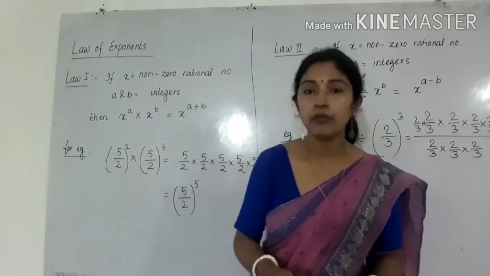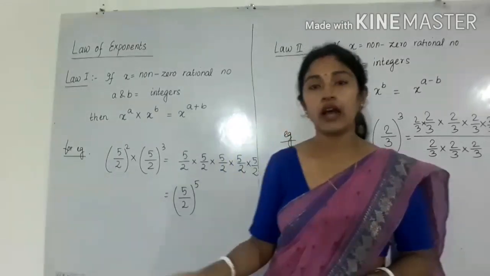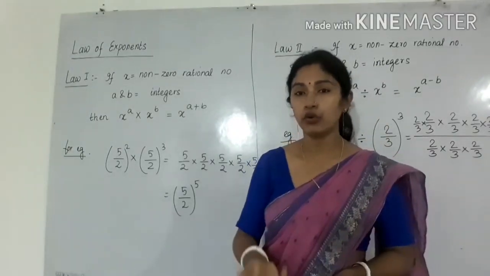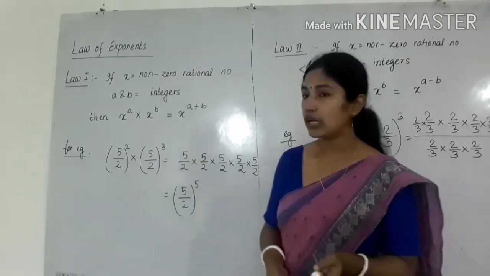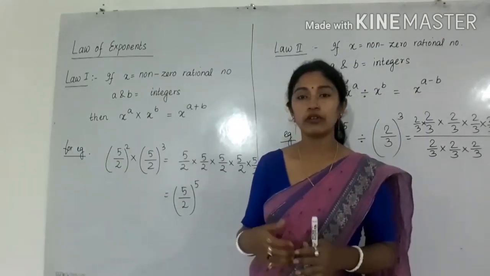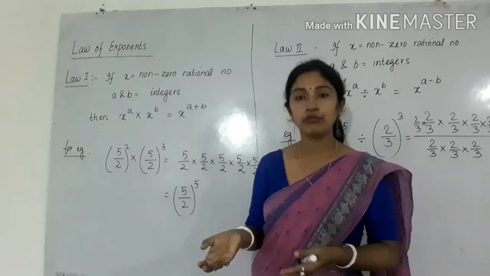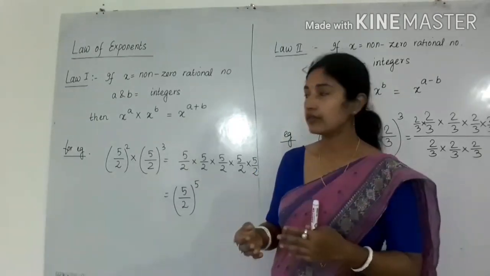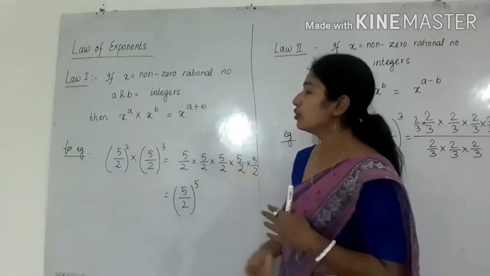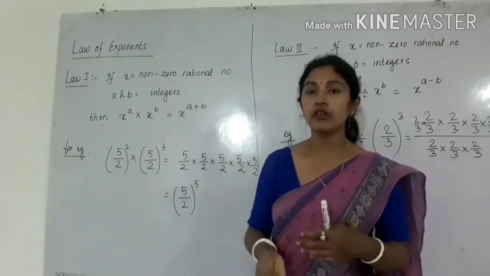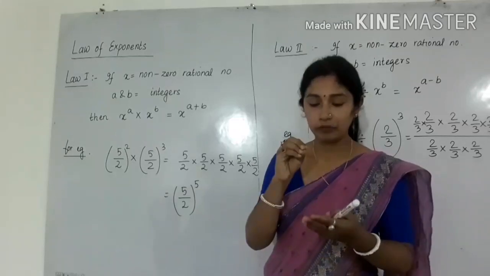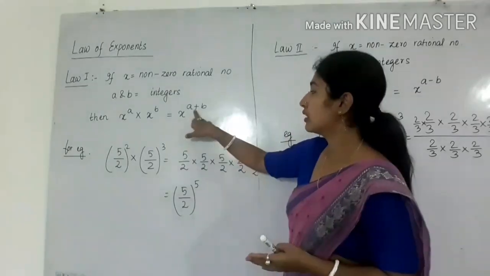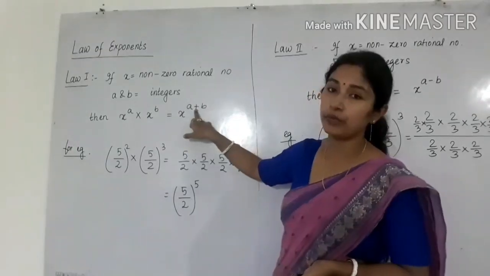For example, if we multiply 2 and 3, we get 6, and 6 is greater than both 2 and 3. So in multiplication we got an answer bigger than the previous numbers. If it is bigger, we have to use an operation that depicts the bigger number. So in the power we use the addition symbol.